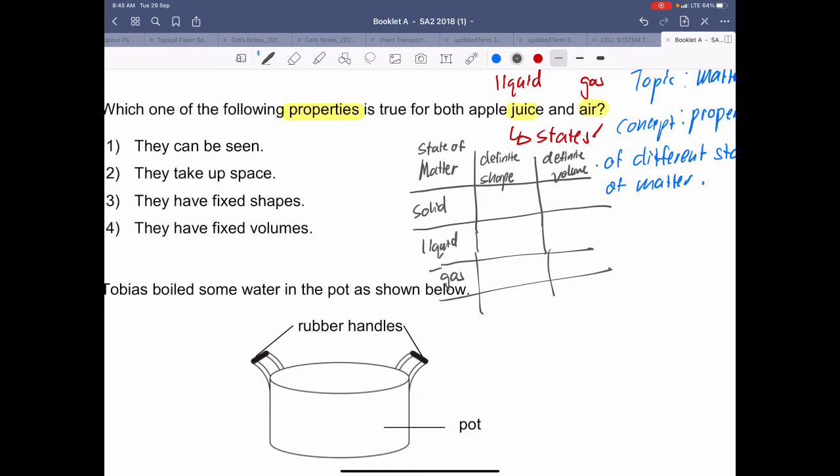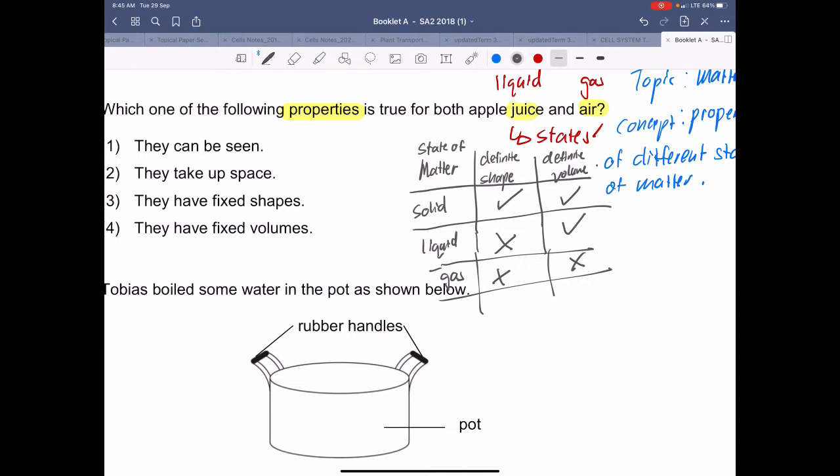So we know that definite shape means fixed, cannot change. Solid has, liquid doesn't have, gas also doesn't have. Definite volume: solid has, liquid has, gas doesn't have. So I always like to use this. Now,